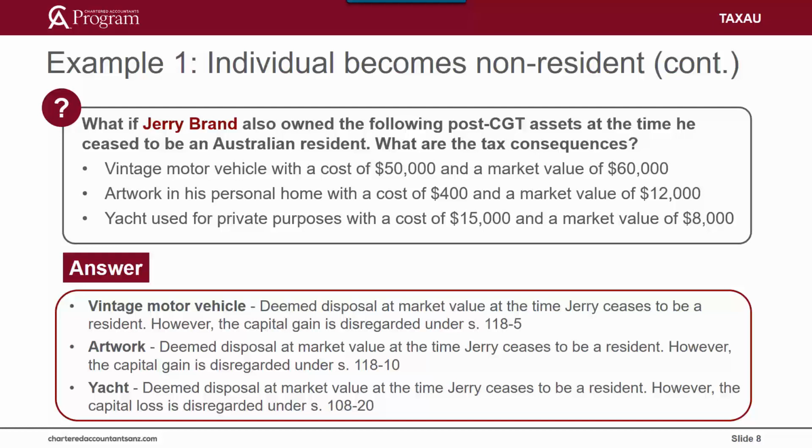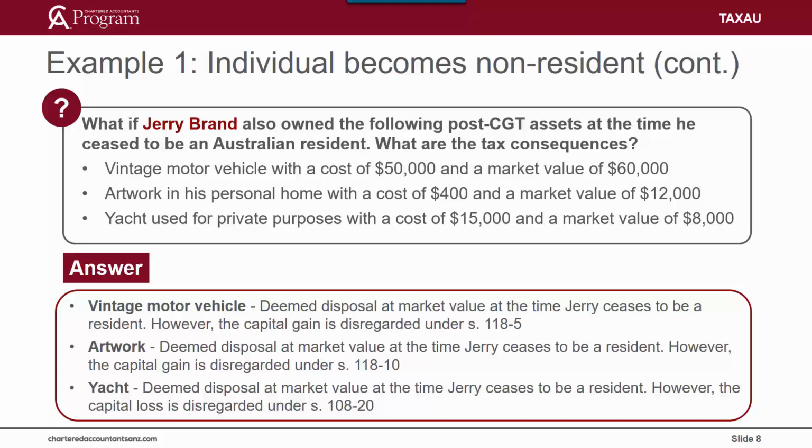As the artwork is not taxable Australian real property, Jerry would also be deemed to have disposed of the asset at its market value at the time he became a non-resident. However, because the asset is a collectible with a cost of $500 or less, the capital gain of $11,600 is